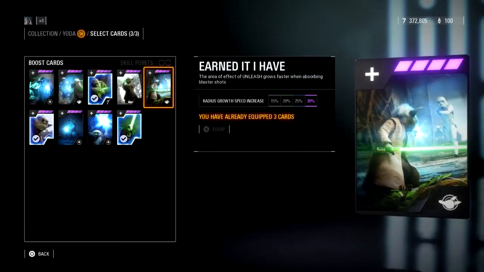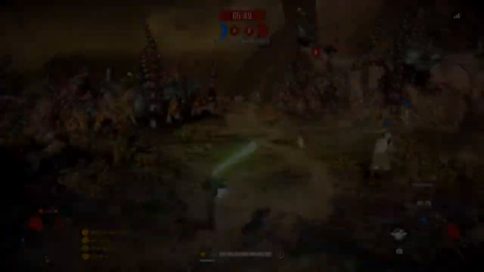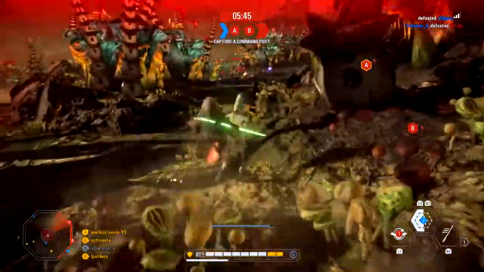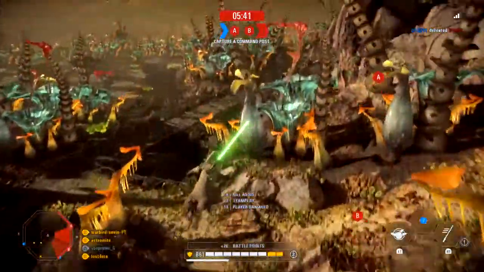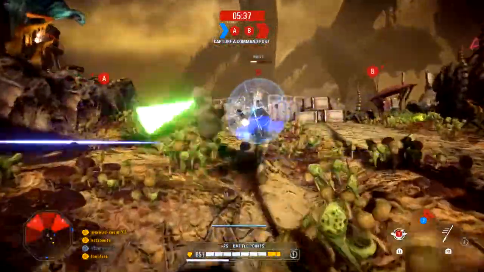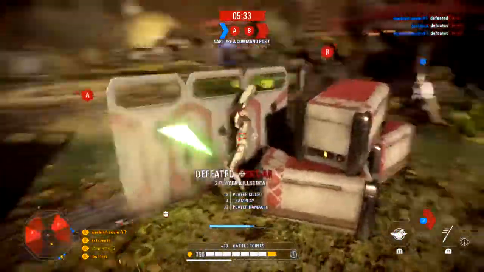Earned It I have is also a relatively self-explanatory one. Basically, the area of Unleash grows faster when you're being shot at, so it takes less blaster fire fired towards your Unleash for you to grow to the full power of his Force ability. If you've never played as Yoda, that might sound kind of weird, but go ahead and hop into a game and play just a couple rounds, maybe even just one, and you'll figure out real quick that when you're holding